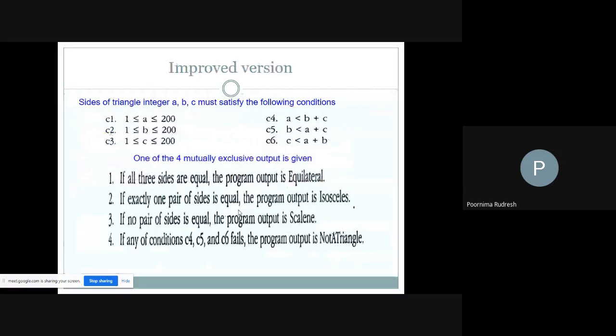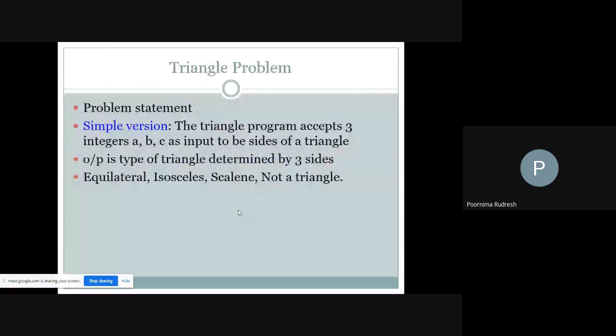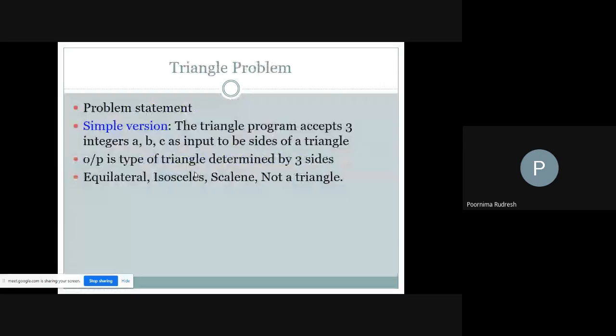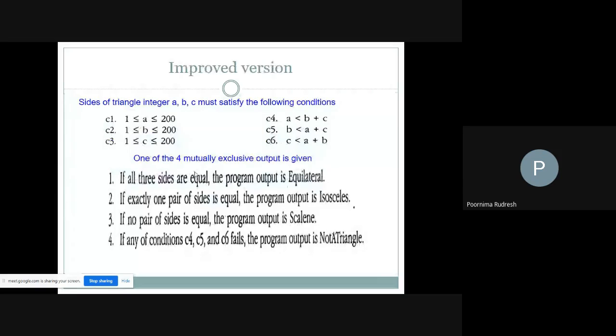So this is the basic question of the problem. Here it simply accepts the integers A, B, C, and we are entering the values for A, B, C, and no limit is given for the values, right? But here in the improved version, they are specifying the A, B, C values, and the conditions are also given.